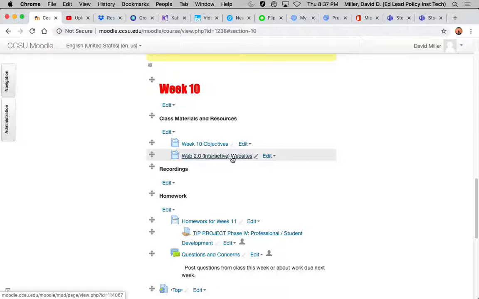So you may get something set up and use it in a class, and then you come back the next semester and the company's disappeared, or they've been bought out by somebody else, or it doesn't work the way it used to. So generally sticking with the ones that are better known can be a surer bet. So like Kahoot is probably not going anywhere anytime soon. Prezi is probably not going anywhere anytime soon.